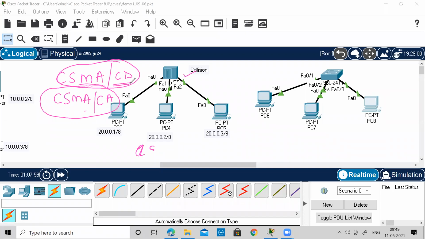It has to wait for some time, some random time they have to select. Each of these will select some random time, and then they will initiate the communication, so that again they should not collide when they start. So they set up some random clock, select some random time, and then they start the communication.